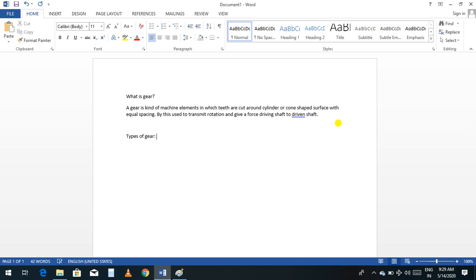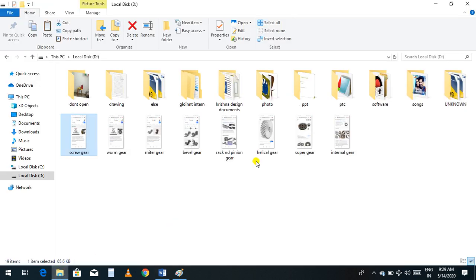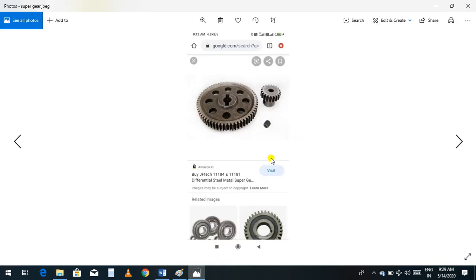First we will discuss the spur gear. I'll give you examples of the spur gear. See here, this is our spur gear.